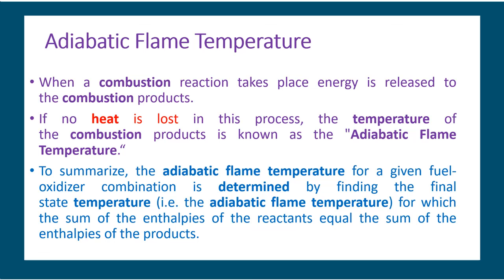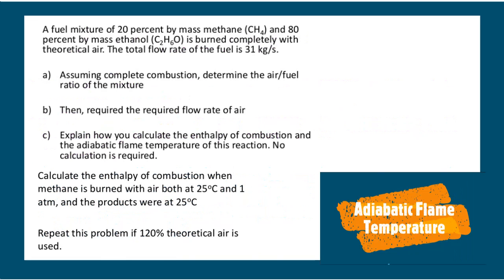Usually we will have the Cp value as a function of T. So substituting that in the enthalpy of the reactants as well as the enthalpy of the products, and simplifying, we are going to get the adiabatic flame temperature. That is the concept to be used: we have to equate the total enthalpy of all the reactants involved in the reaction to the enthalpy of all the products formed in the reaction.